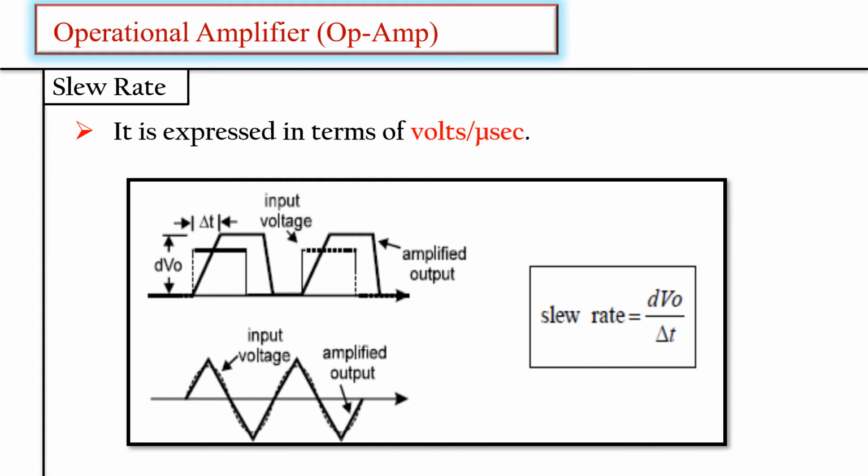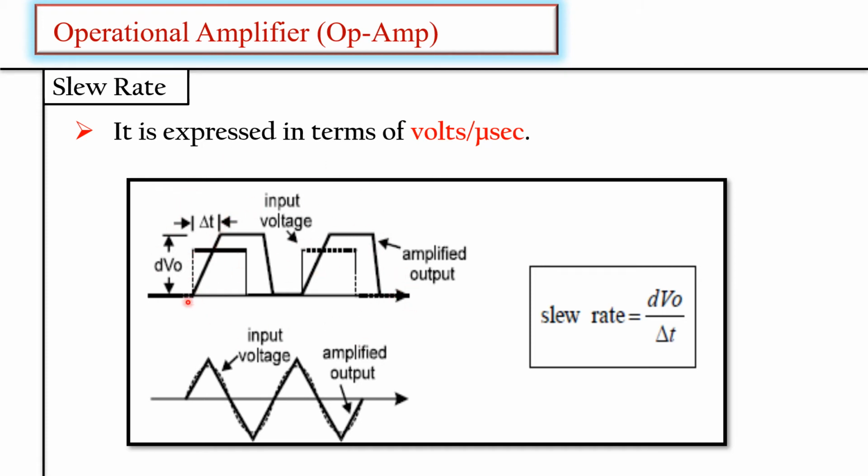Let us assume that at the input side we have applied a square wave. This square wave is varying from 0 to 5 volt. So at the output side also we should get a square wave. This is our output waveform, a square wave which is varying from 0 to 5 volt. Now here ideally the output should go from 0 to 5 volt in no time. But actually if you see the output,